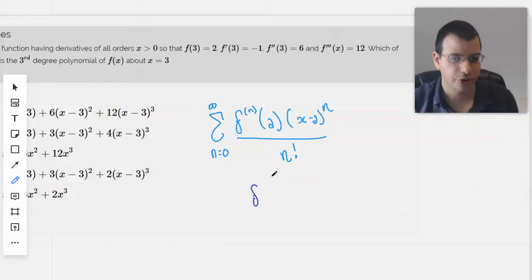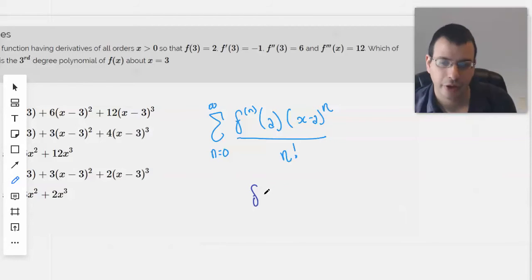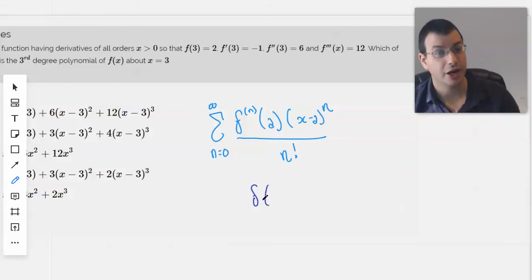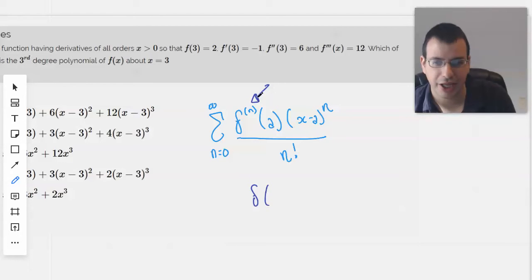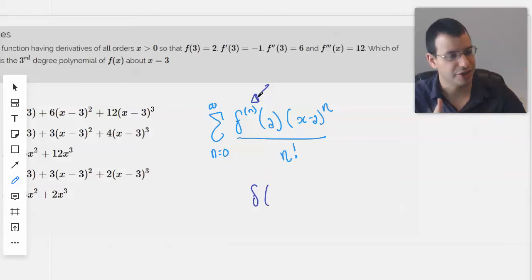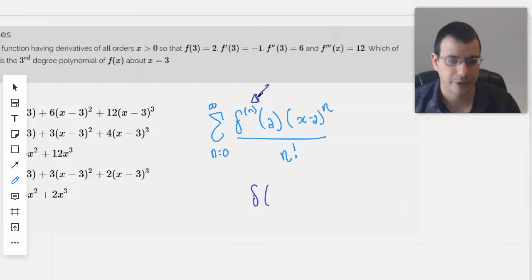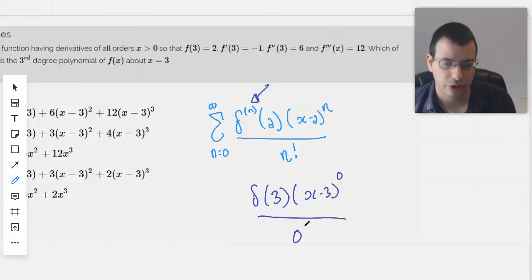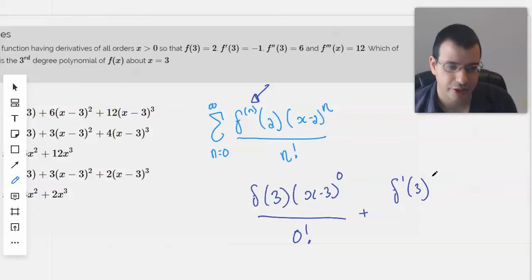So f superscript 0 is just f of x, the function, not a derivative. This is not a power or exponent. It is a superscript, but not an exponent, and that's the number of derivatives you've taken. So f of 0 in this case will be no derivative, just the function. So f of 3 times x minus 3 to the 0 over 0 factorial plus f prime of 3 times